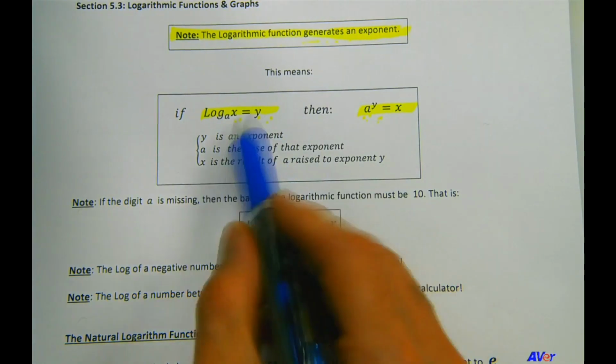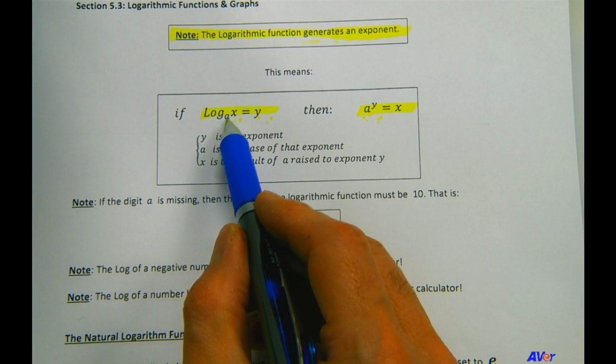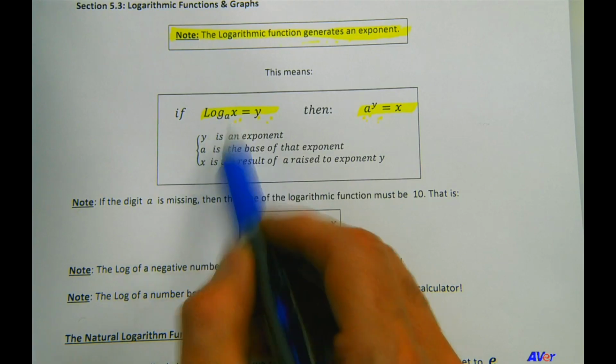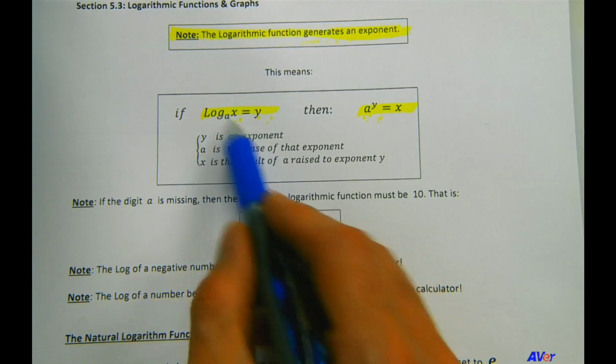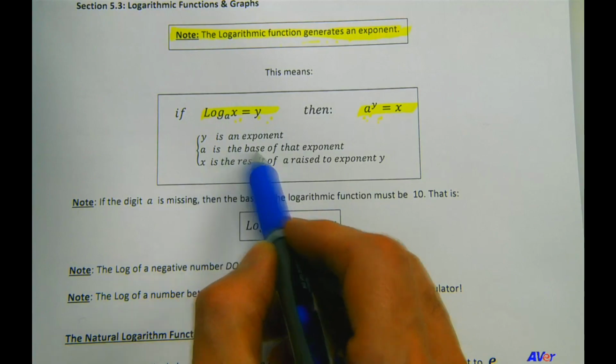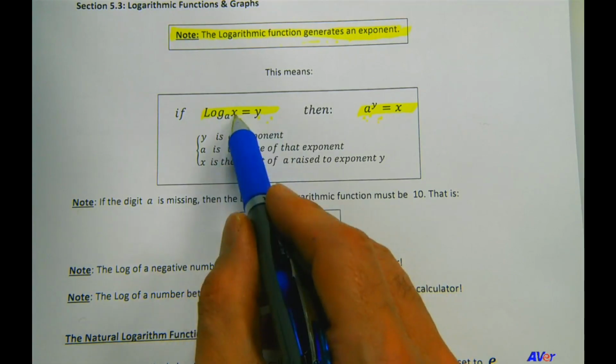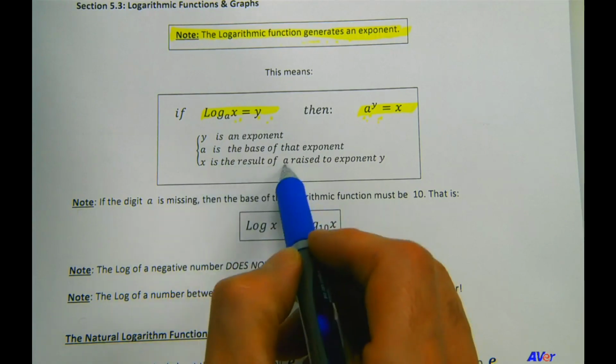Well, the base of this exponent is the base of the log function. In this case, it would be a, whatever that number is. So y is an exponent. a, the base of the log function, is the base of that exponent. And x is the result of a